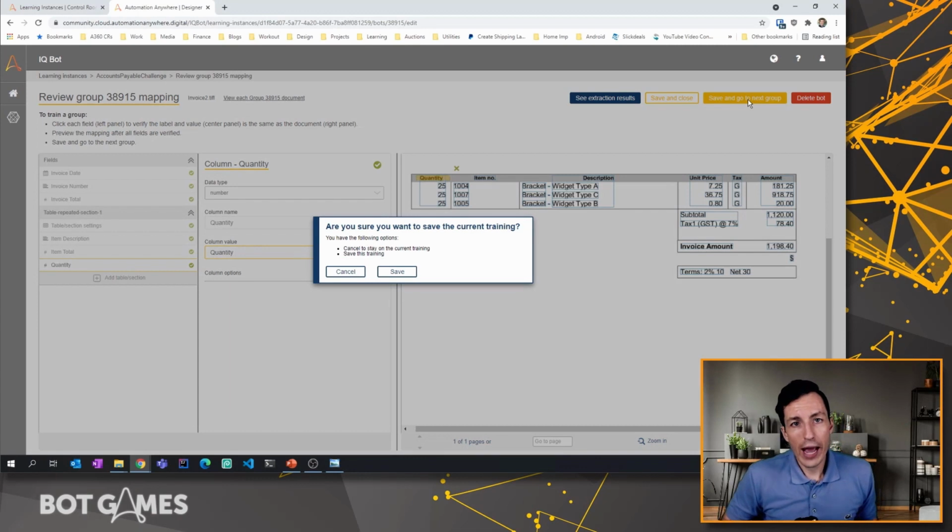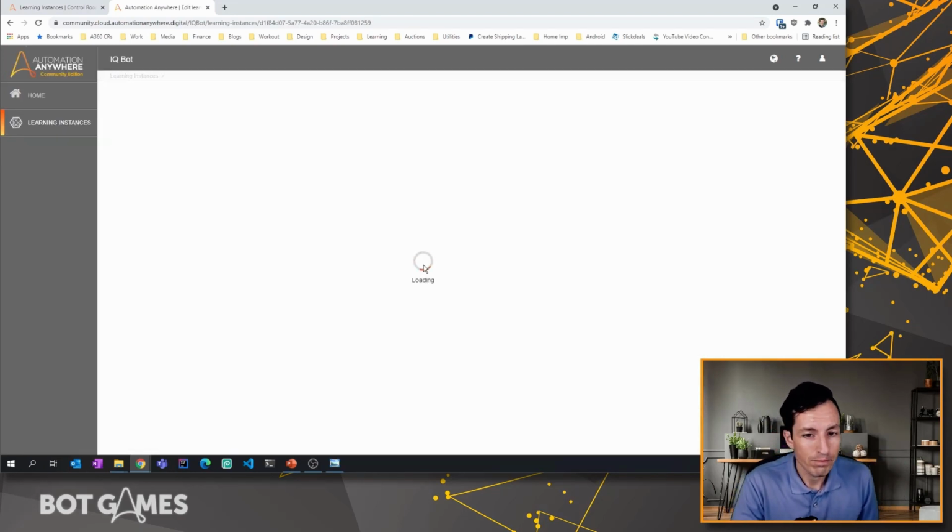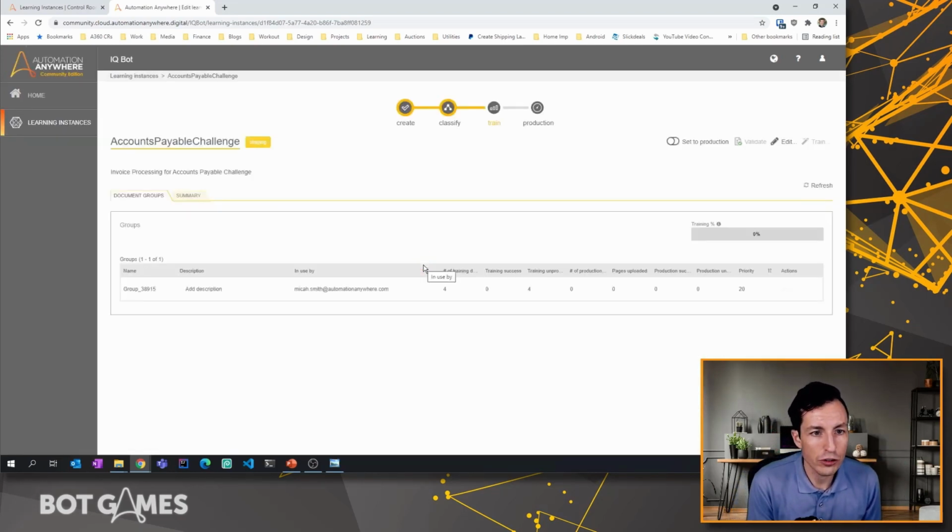Now, if we had multiple groups that were identified by IQBot, at this point we'd have to do that same process for that next group. And maybe the labels are a little bit different, or the relationships between data and label are a little bit different. So we might have to tweak those. And that's where it would identify differences in those groups. But if I hit save here, it's going to say, hey, there's no other groups in this queue. So there's nothing else left for us to train. It identified that the images that we submitted were close enough that it doesn't need to have a separate group here. So it's going to take us back to our